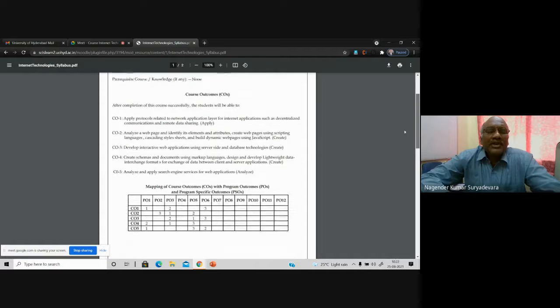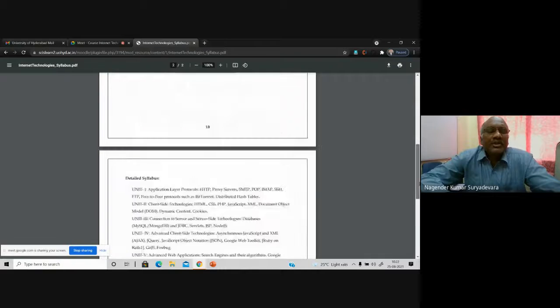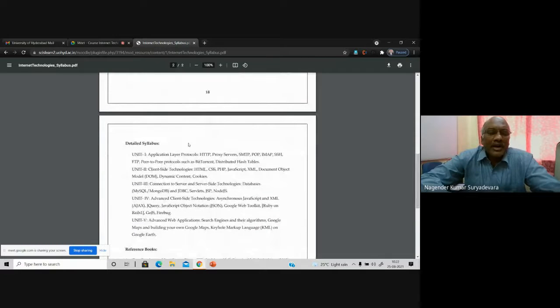The syllabus content is given here. And of course the syllabus is not something I have framed. It is already the approved syllabus from the school board. The school board itself has approved the syllabus, and this has been followed for the last 3 years. So many students, your seniors from the last 2 batches, not just one batch, have gained a lot of knowledge. So this course I'm teaching for the third time, the same syllabus.